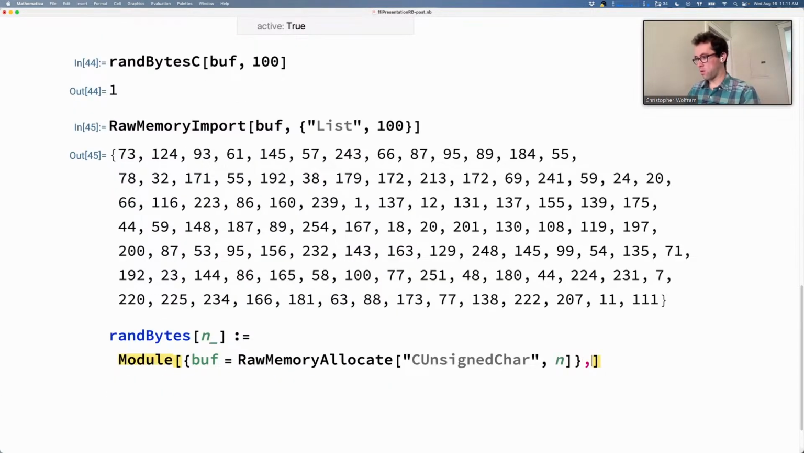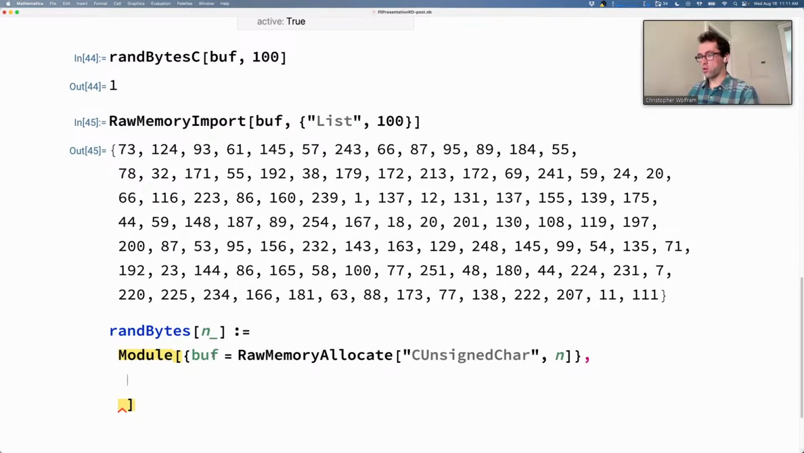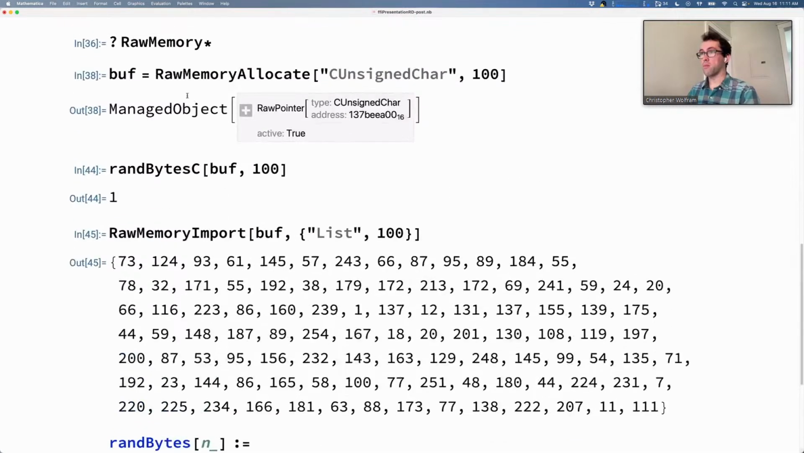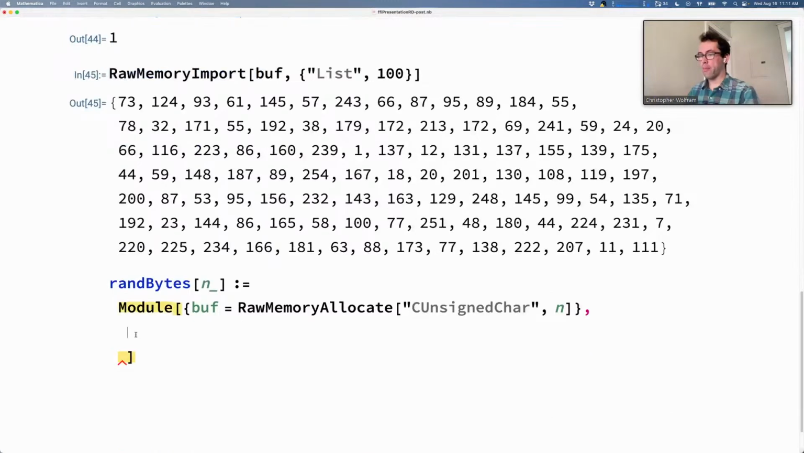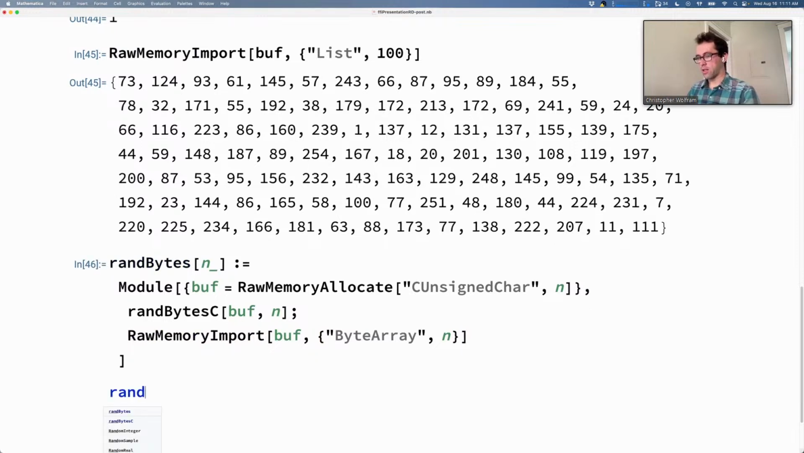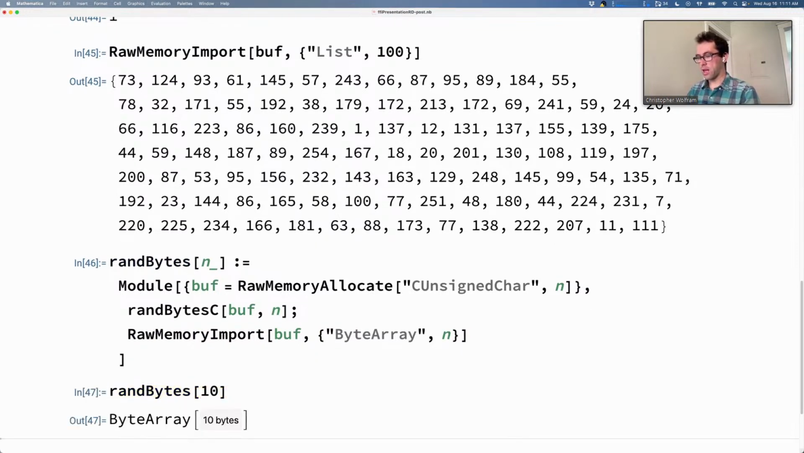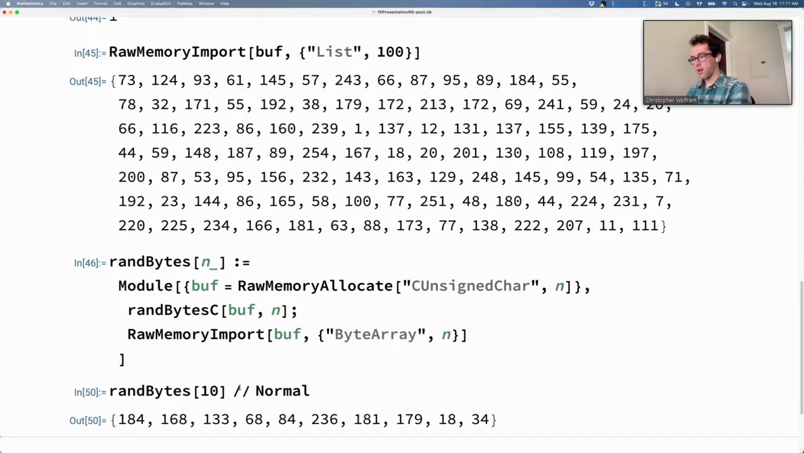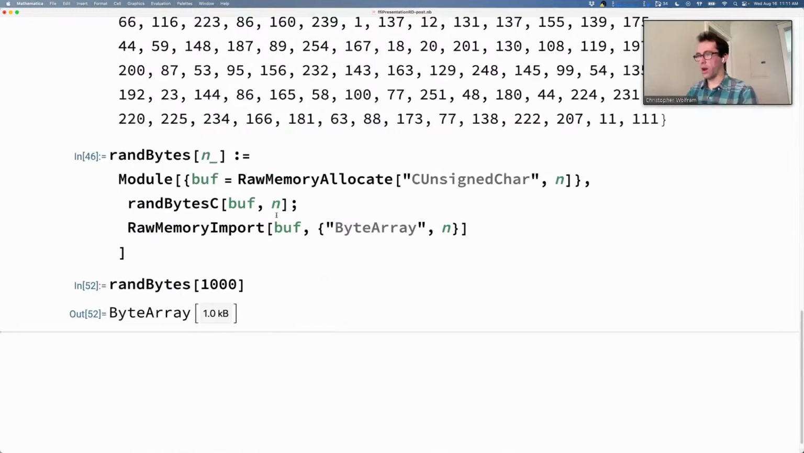Then we're going to call rand bytes on that buffer, and then we're going to import the result. And we'll do it as a byte array for the actual function. And now if I say rand bytes of 10, we get 10 random bytes. Maybe I'll say normal there. If I say 1,000, we get 1,000 random bytes,